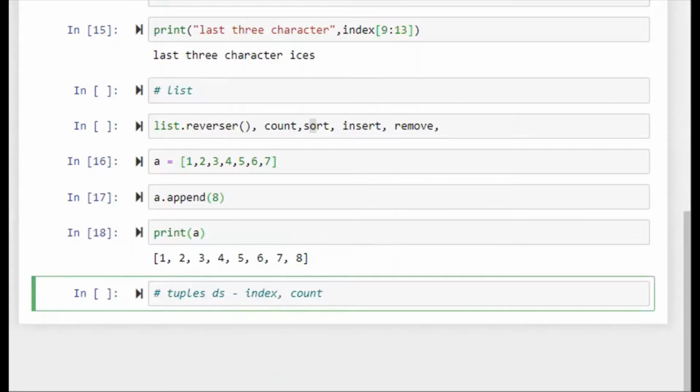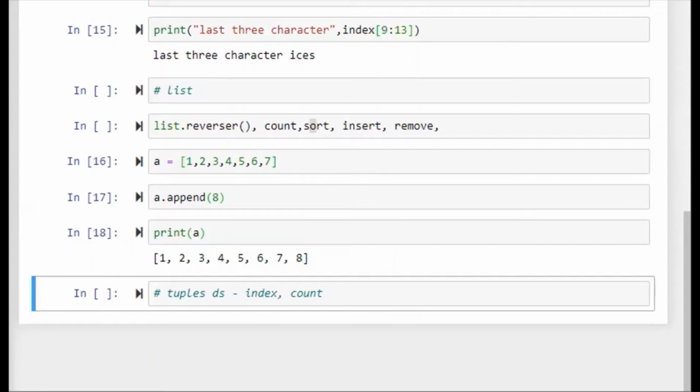There is no major difference between tuples and lists, except that tuples are immutable, so they cannot be changed during the execution of the program. Other operations like count can similarly be performed on this.